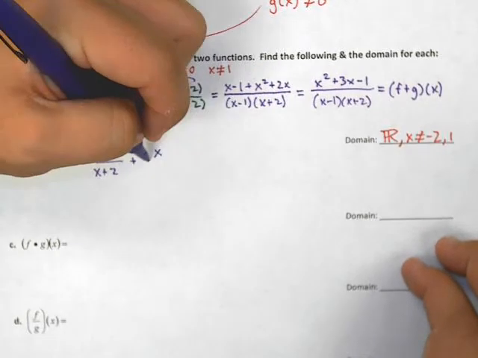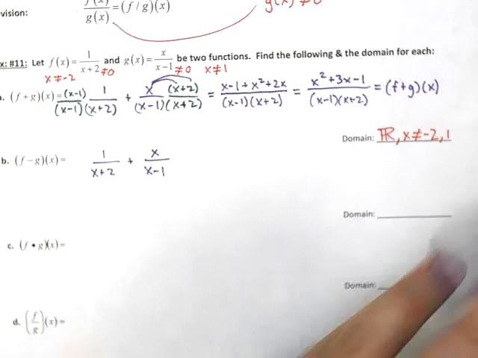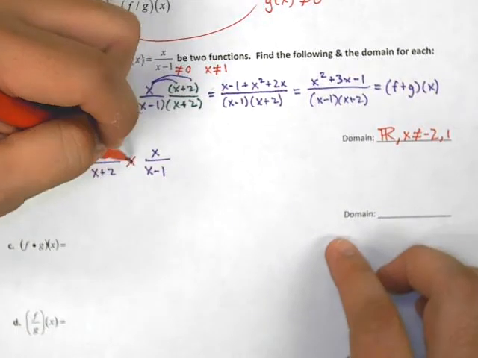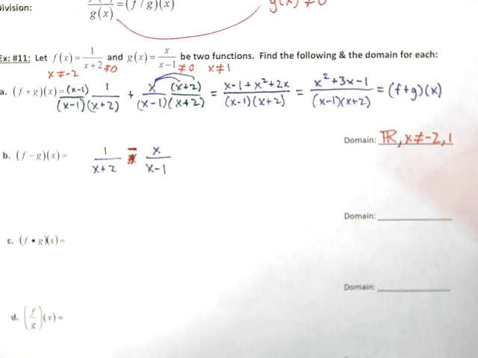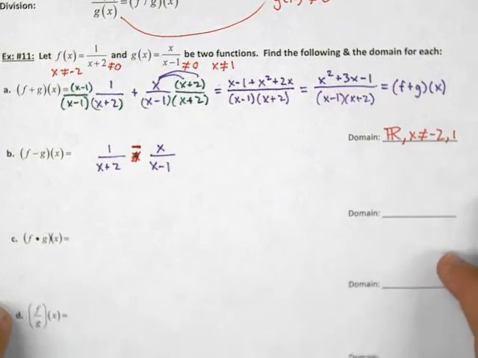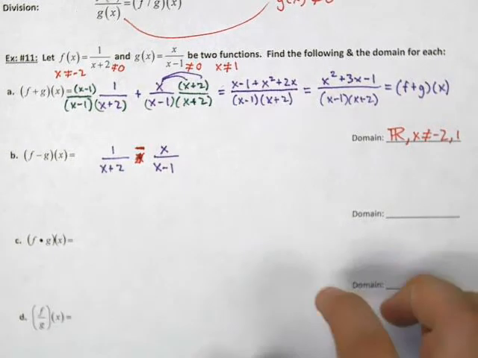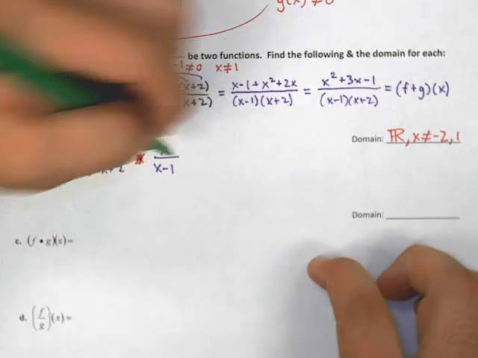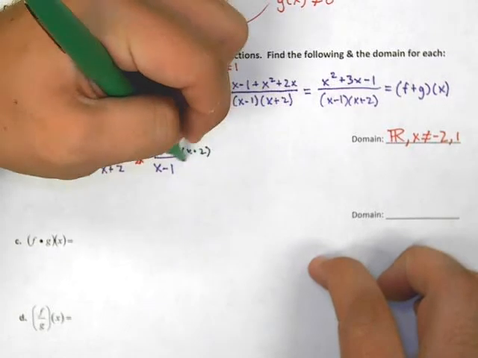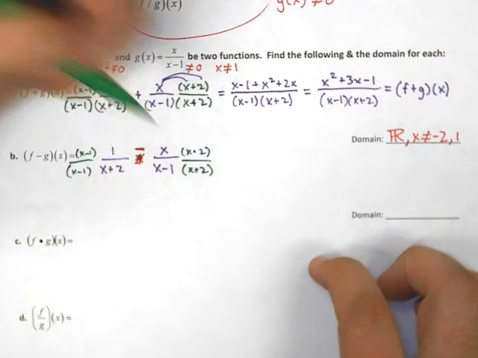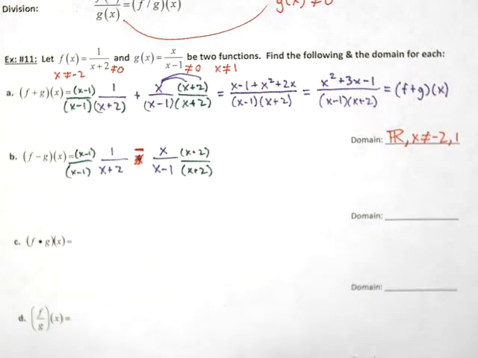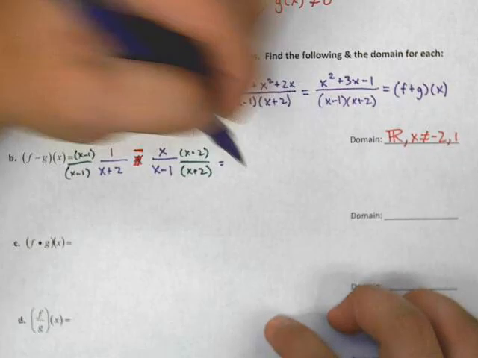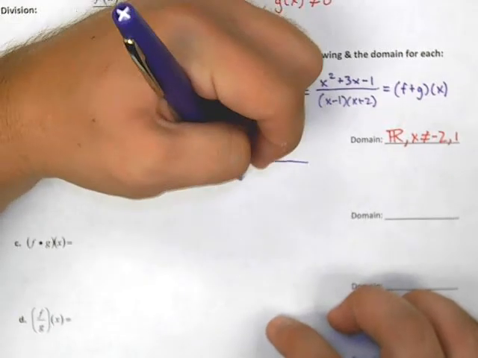So what do we have? X over x minus 1. Oh, sorry about that, guys. Please, that's a minus. I'm very sorry about that. Okay? Alright, we are going to do the exact same thing to get our common denominator. So here we had x minus 1, x minus 1. Here we had x plus 2, x plus 2. Alright, the only real difference at this point, hopefully we see, is,